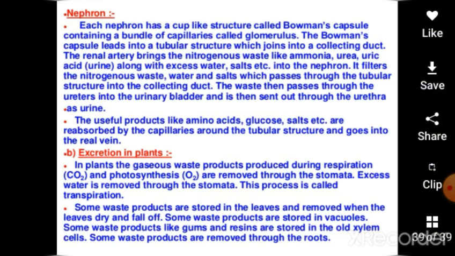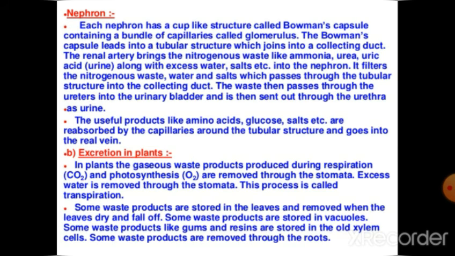Each nephron has a cup-like structure, the Bowman's capsule, which I told you about. It contains a bunch of capillaries called the glomerulus. This Bowman's capsule leads into a tubular structure, which joins into the collecting duct. The renal artery brings the nitrogenous waste like ammonia, urea, and uric acid, along with excess water, into the nephrons. It filters the nitrogenous waste, water, and salt, which pass through the tubular structure into the collecting duct. The waste then passes through the ureters into the urinary bladder and is then sent out through the urethra as urine. Any useful products like amino acids, glucose, and some water are reabsorbed by the capillaries